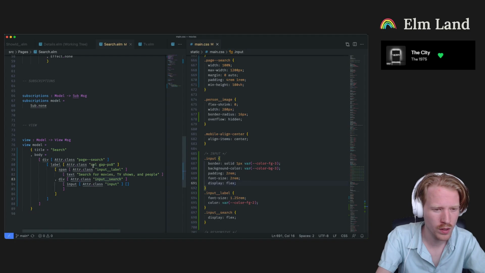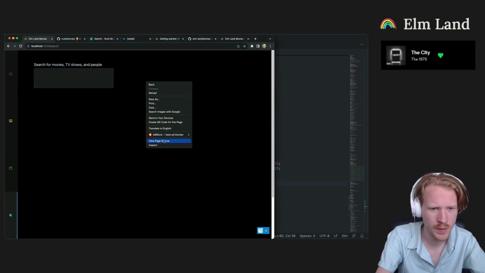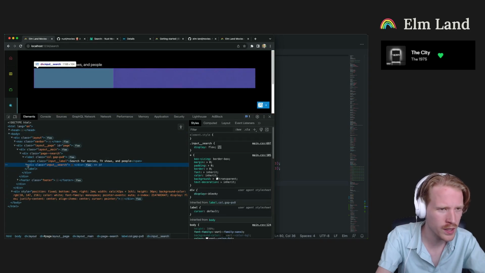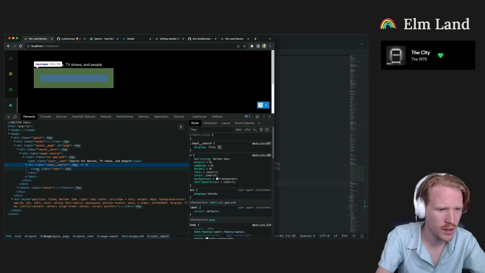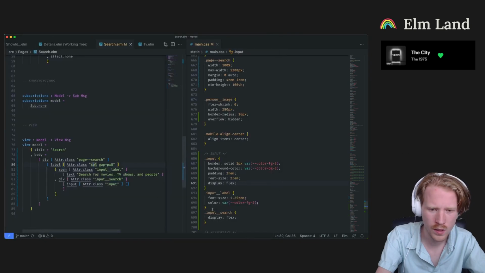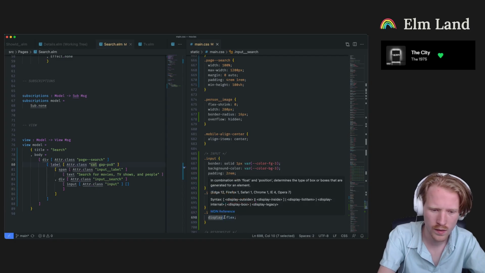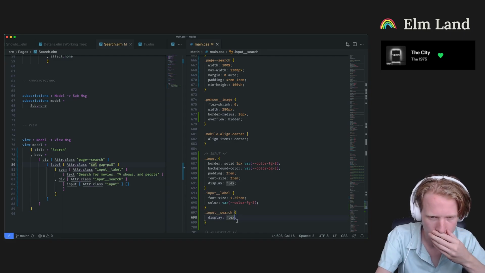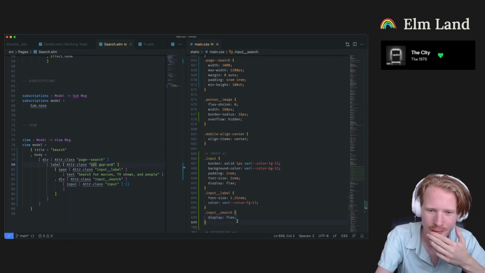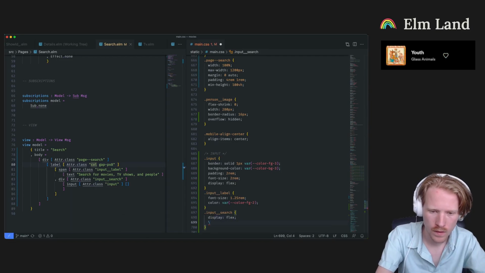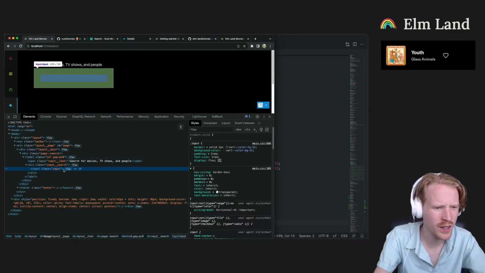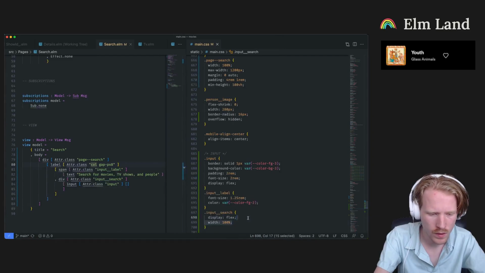I don't know what I'm doing. Column, let's inspect. Do I have to do width 100% or something? What am I doing here? So that div is, yeah, this needs to be width 100%, width fill, I guess. Input search. And this will be width, no, that's already width 100%. I want the input to be